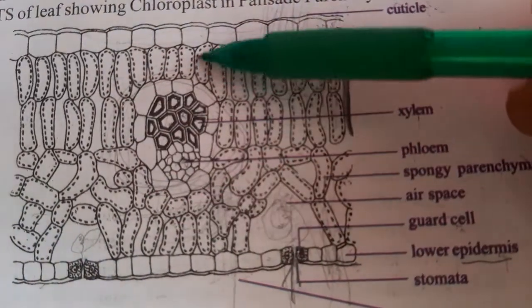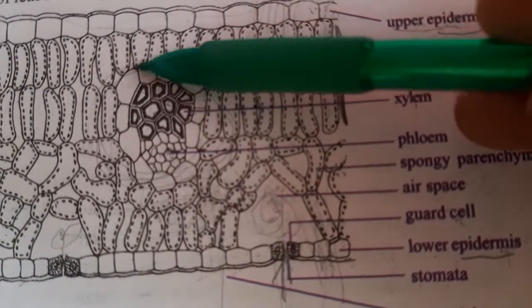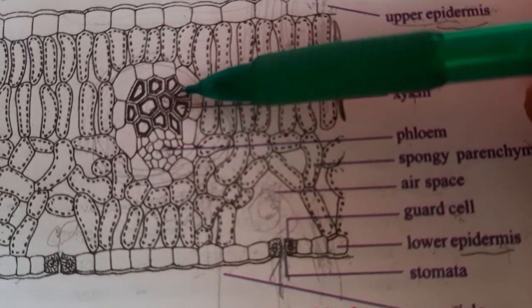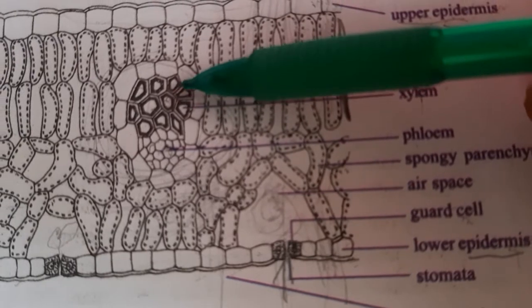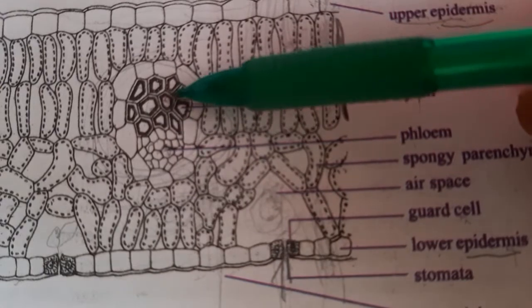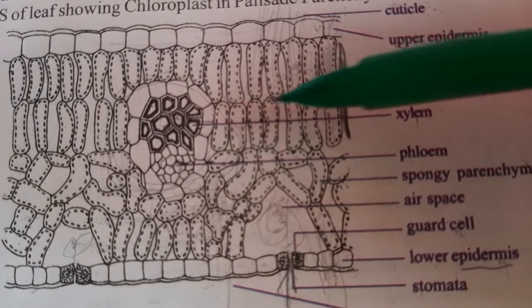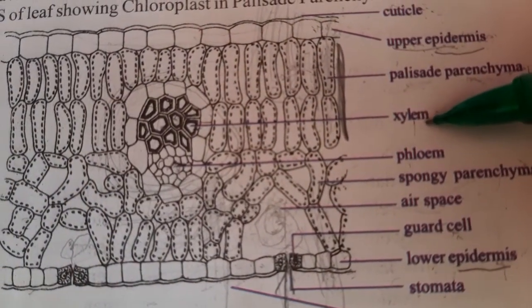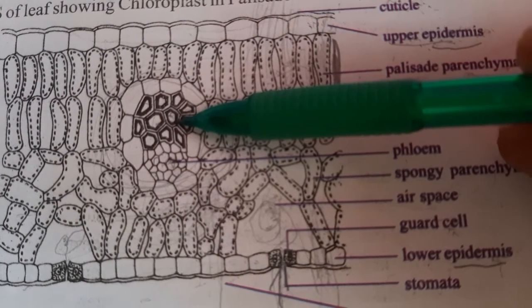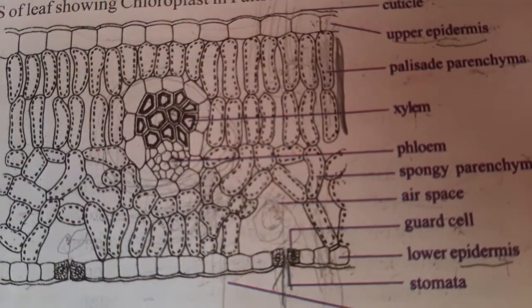Students, now come to the next, this mid part. This is mid vein part of leaf. And this is called vascular bundle, vascular tissue, the tissue which helps in the transportation of materials. It is called vascular tissue. So observe this vascular tissue. There are two types of tissues there. The tissue which lies towards upper portion of the leaf, this tissue is called xylem. So it helps in the transportation of water and minerals from root system to shoot system, that is stem.